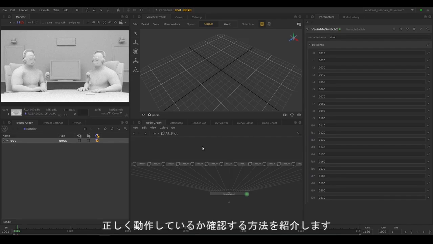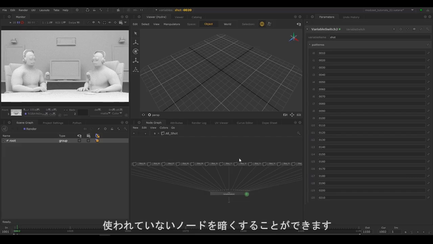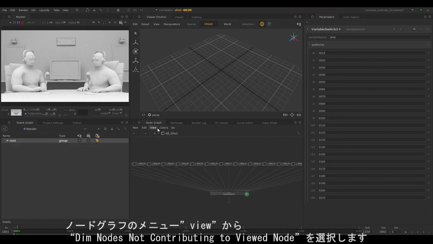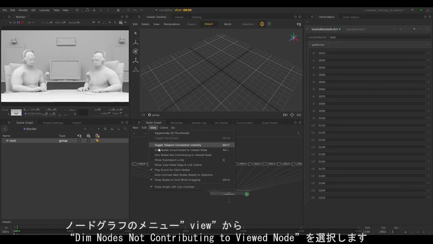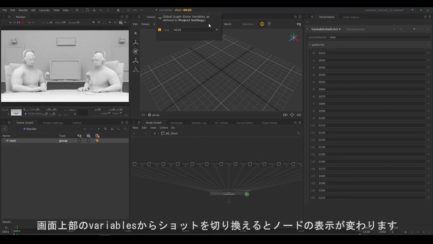There are 2 possible ways to check everything is working correctly. First, by checking the correct nodes are being used when we change the value of the graph state variable. A nice way to see this is by dimming the nodes that aren't being used. In the menu option in the Node Graph tab, select View, Dim Nodes Not Contributing to Viewed Node. You can see from the branch above that the variable switch has chosen based on the current state of the